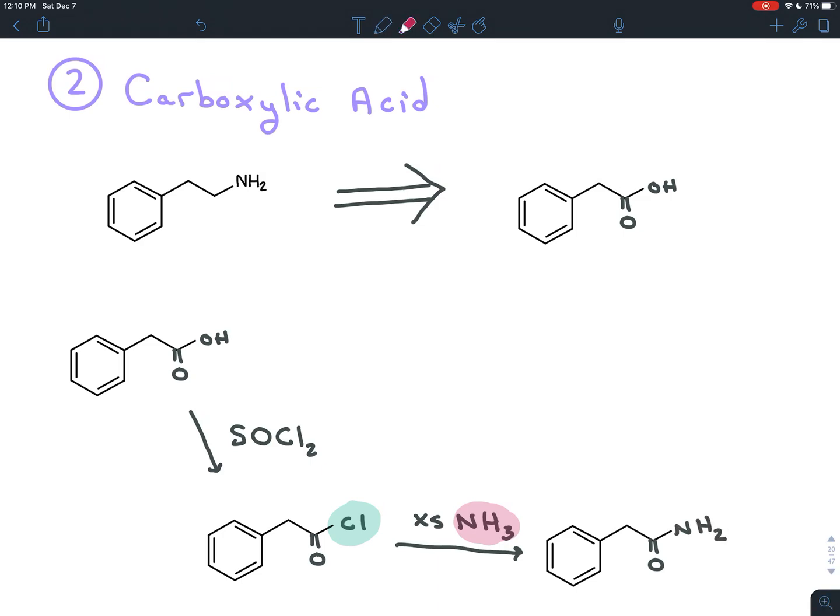And you'll notice there's one less hydrogen here. The nitrogen has 2 hydrogens instead of 3 because the second equivalent of ammonia ripped it off in a proton transfer. And then last, we can turn this amide, that's where you have an amine bonded to a carbonyl, we can turn that amide into an amine